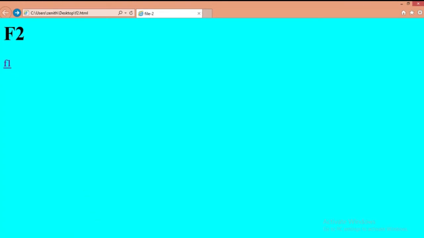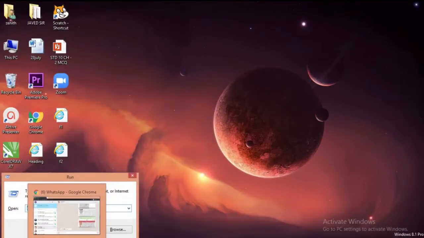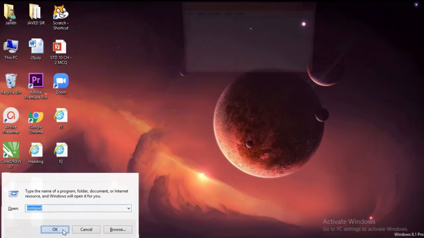Let's understand one more example of hyperlink. We are creating an index file from which I can access all the files which I already made. So for that, open the notepad and write here a structure,